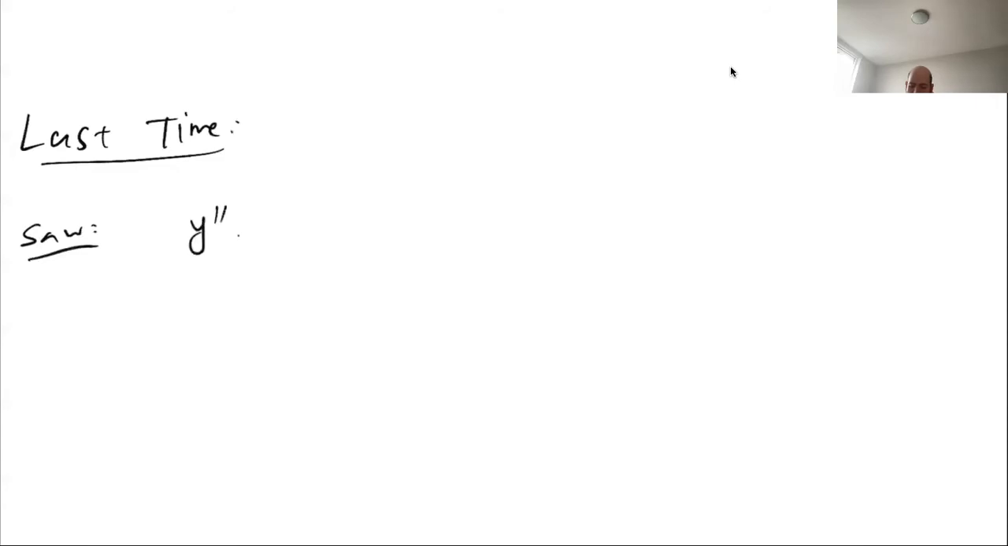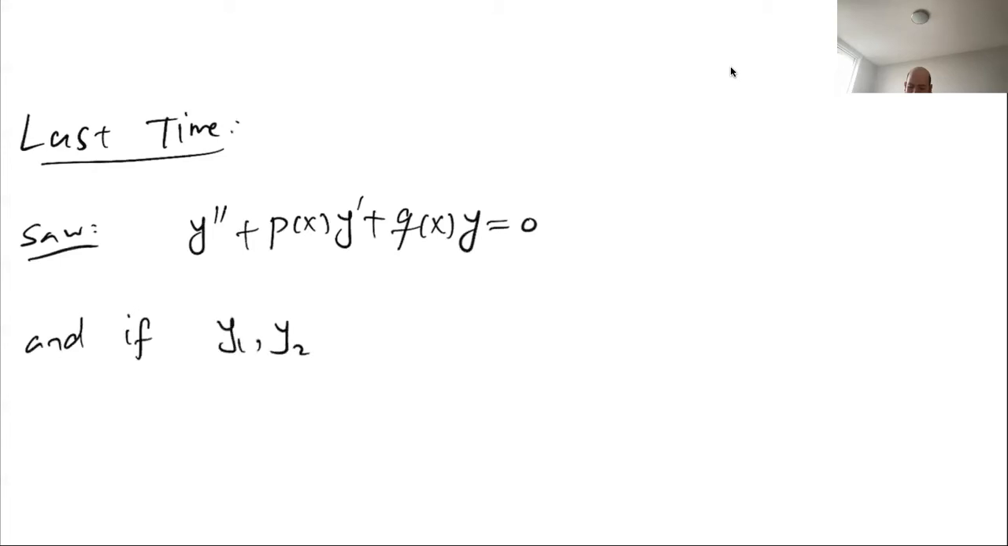Hello, everyone. So last time we were looking at solutions of second order differential equations. Last time we saw that, let's say if you have y double prime plus p of x times y prime plus q of x times y equals 0, and if y1 and y2 are two linearly independent solutions,